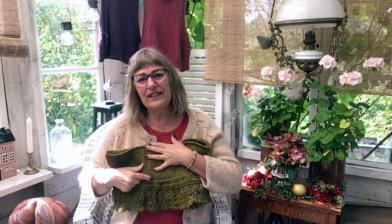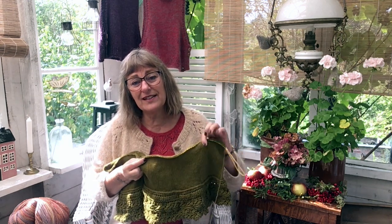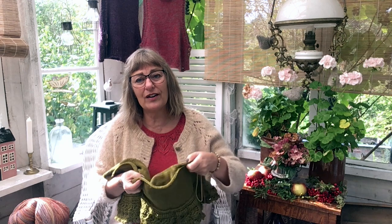You start with a provisional cast on, and you knit first the body, and then you pick up the provisional cast on and you knit the lace back and forward. So what I did was to knit the first 100 grams for the body, and that will mean that it will be longer for the body, since I will have all of this yarn put on the length instead. And I have also realized that